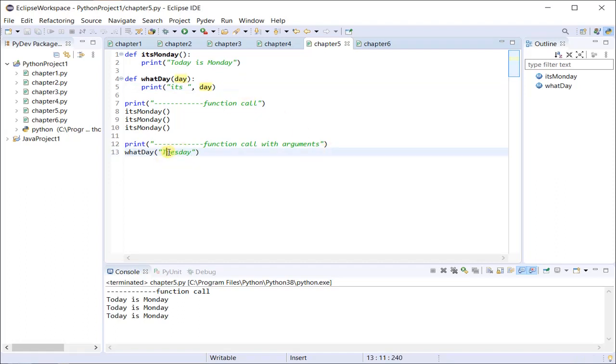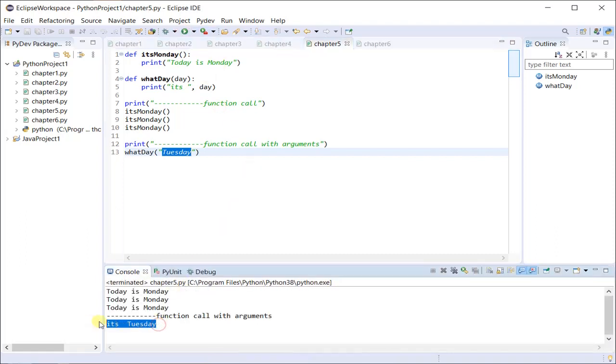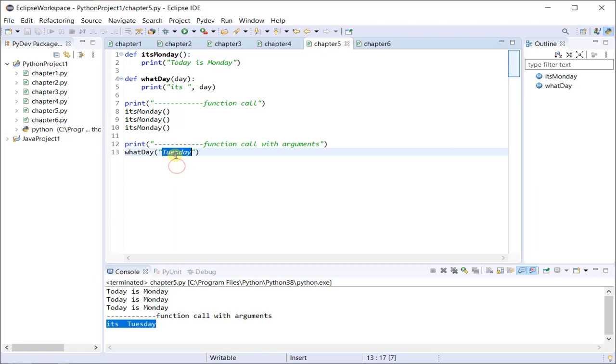It can also be an integer because the function doesn't necessarily perform operations on the data type, so I can provide anything. So let's run this code. So yep, it printed it's Tuesday. The input which we gave to the function is called an argument.